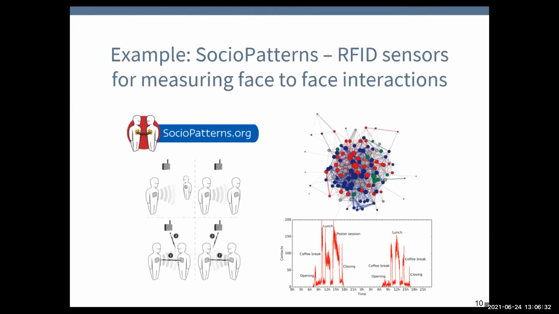Let's start with the example. You attended a conference, an academic conference, and now someone wants to know how many people you've been talking to. My colleagues at the CSS department and also at the SDM department at GESIS have been running experimental setups with RFID sensors. So these are little tiny badges that you attach to your shirt, for example, and that record face-to-face interactions. So when 2 people wearing a sensor stand close enough together for a longer period of time, this will be recorded by this specific SocioPatterns sensor technology.